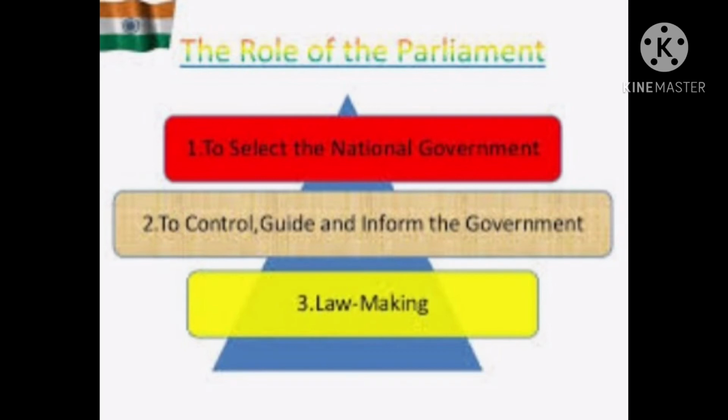So, what is the meaning of coalition? When one party does not get a clear majority, a group of political parties form a coalition and elect a leader who then forms a government. This is called a coalition government. Got it? See children, the Rajya Sabha functions primarily as the representative of the states of India in the parliament.